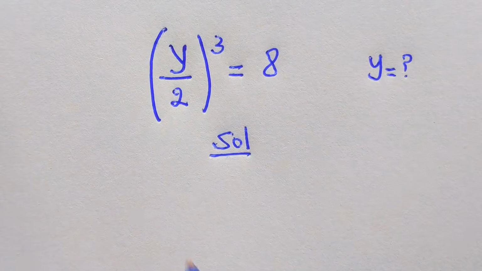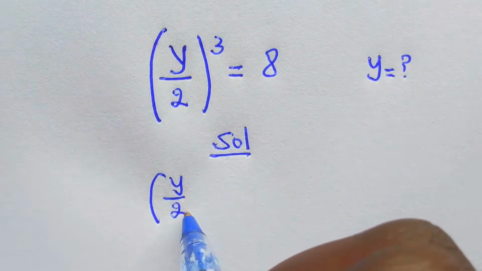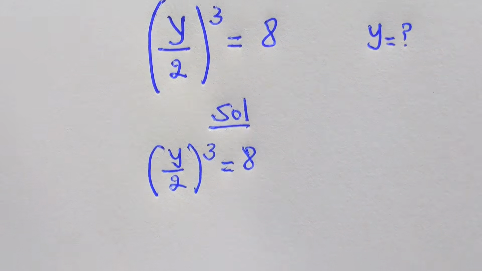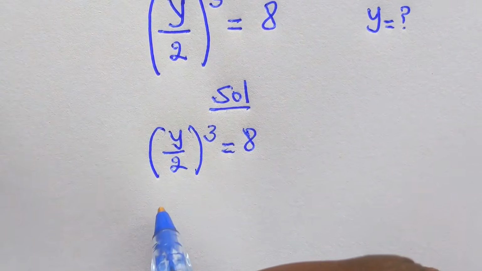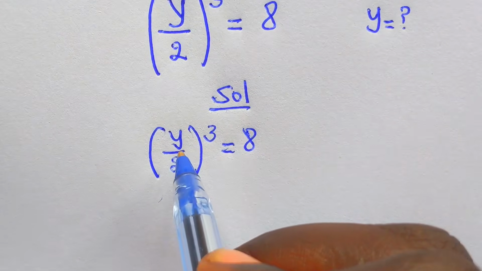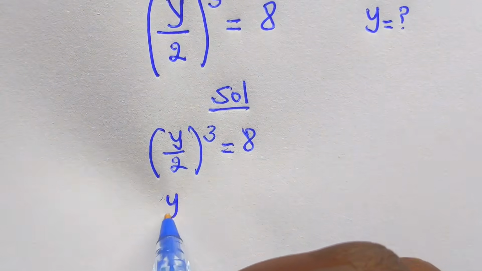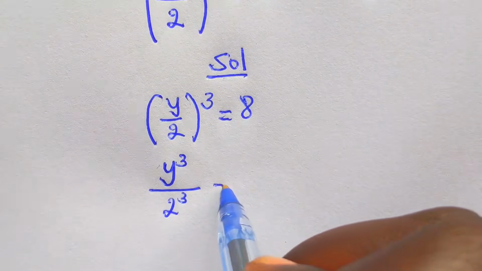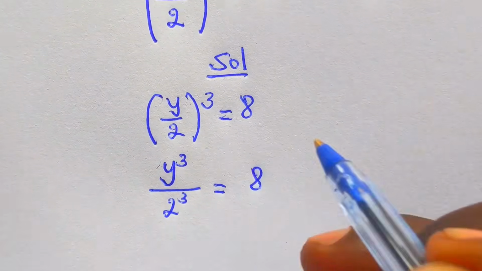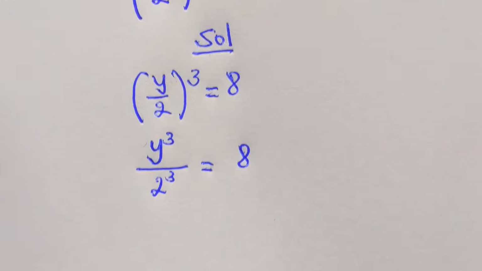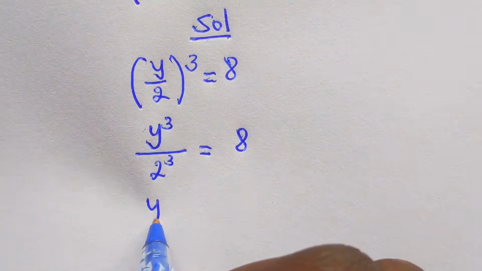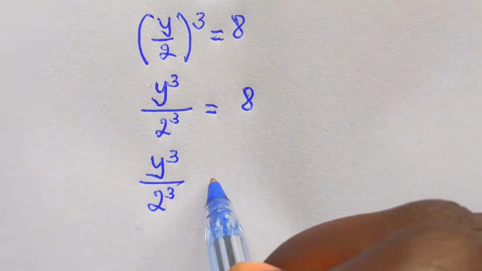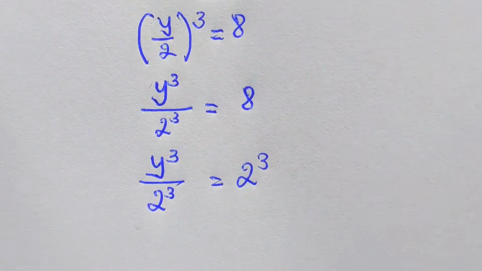And always we have to copy (y/2)^3 = 8. Of course, at this stage we can cube each number or coefficient that we have right here. y^3 over 2^3, which equals 8. Now at this stage we have y^3 over 2^3, then it will be 2^3,